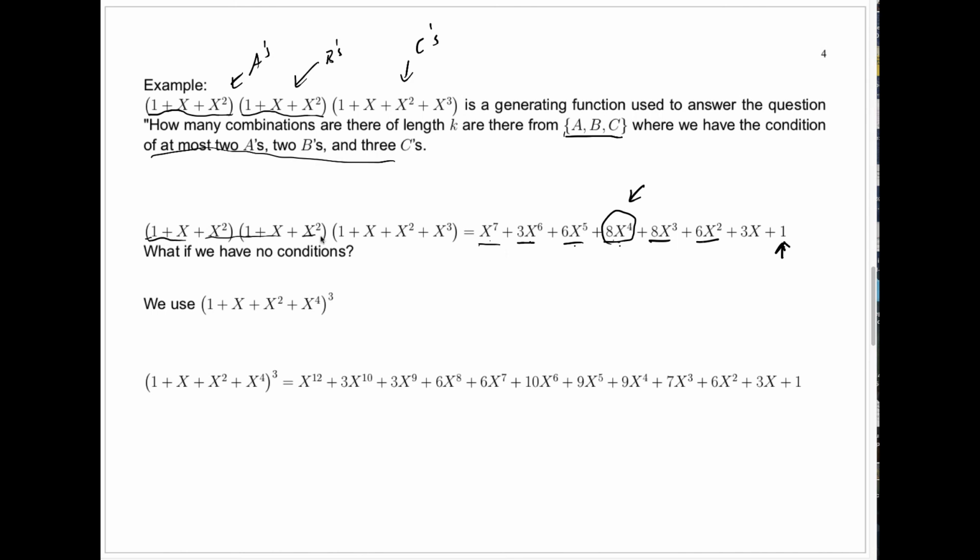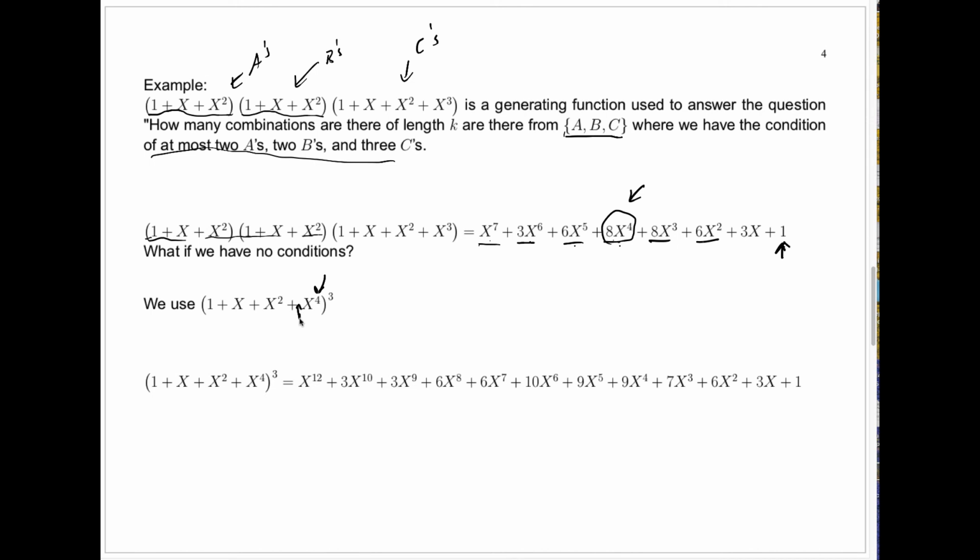If we change the question and say, what if we want to look for combinations of length 4 or any length k from the set ABC? Let's stick at this point with combinations of length 4. What if we have no conditions that restrict the number of A's, B's, and C's? Well, if we're looking for combinations of length 4, that gives us one restriction that we have at most 4 of any letter. Since if we're looking for combinations of length 4, you certainly can't use more than 4 of any letter. So for the A's, you'll have 1 plus x squared plus,